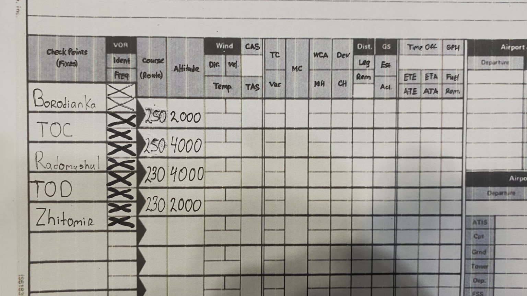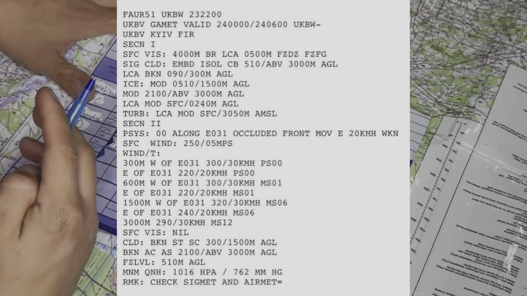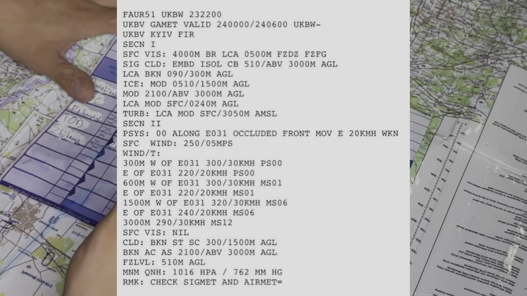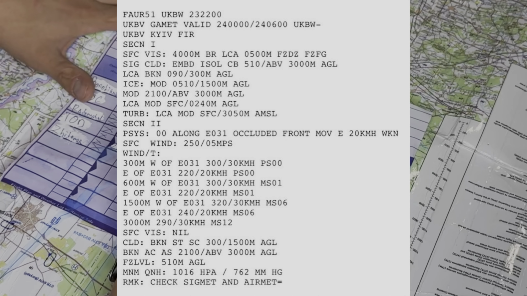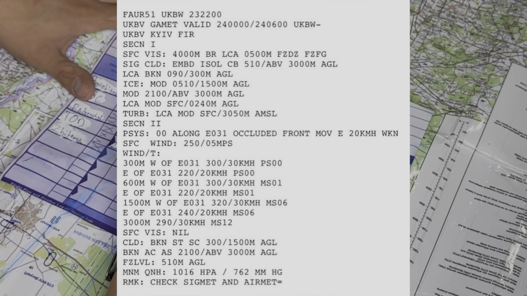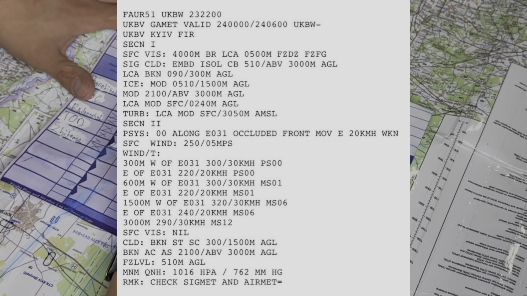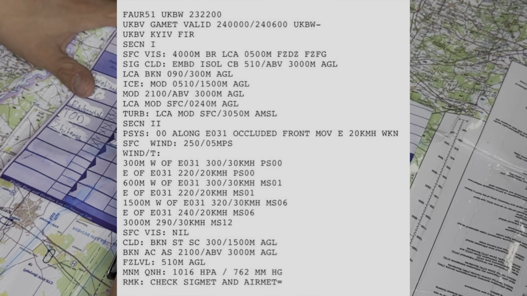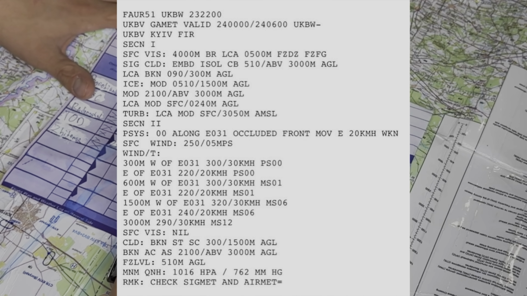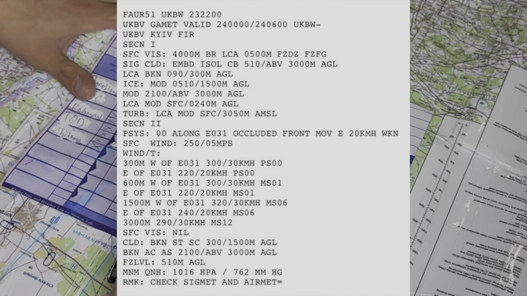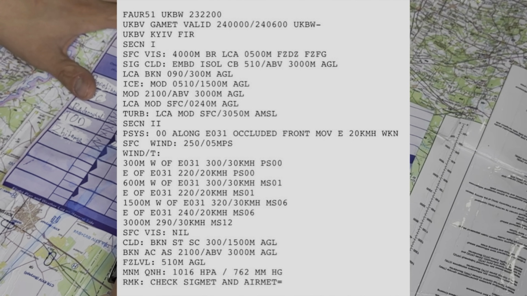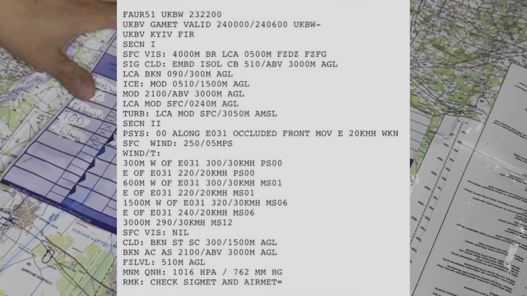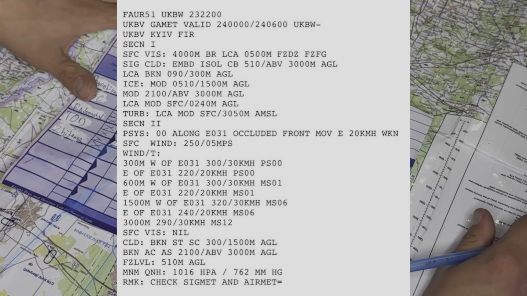You can see gamut on the screen of your phone or computer now. So, using this gamut forecast, we know that at 31 degrees of east longitude at an altitude of 600 meters,